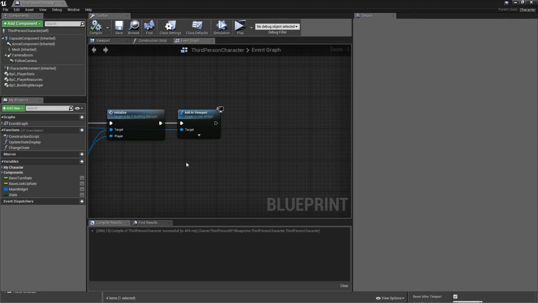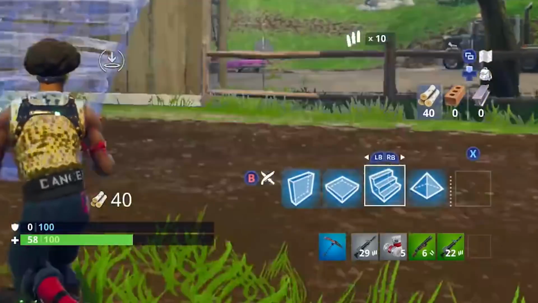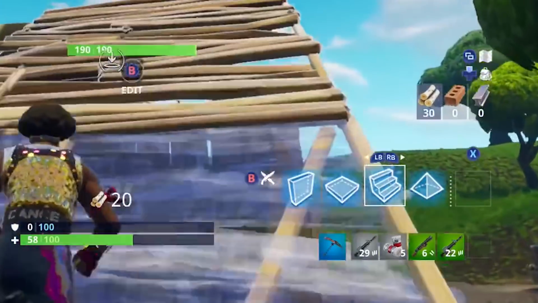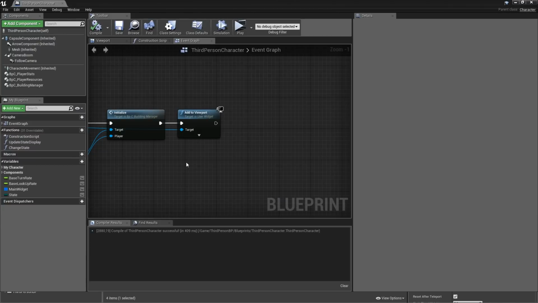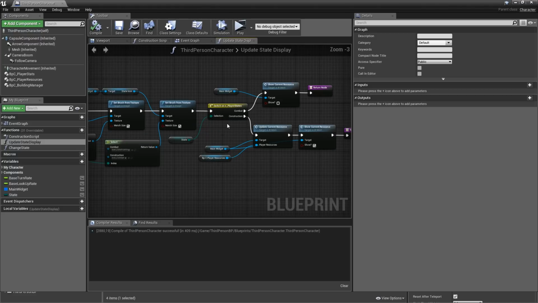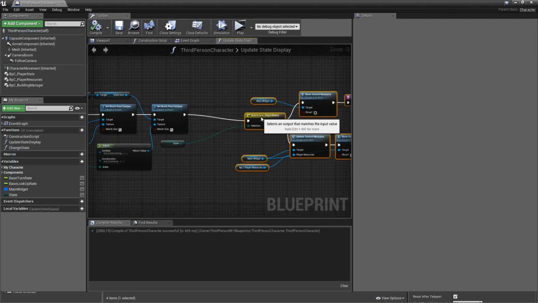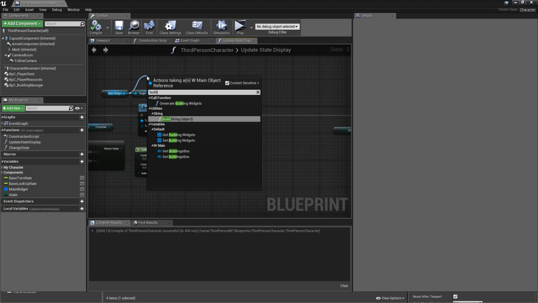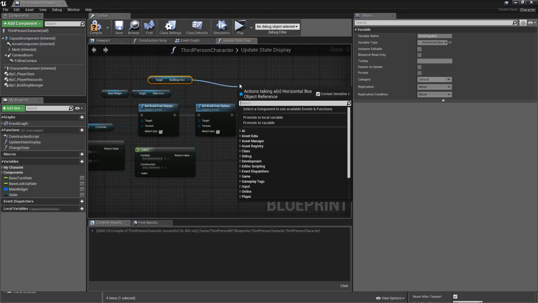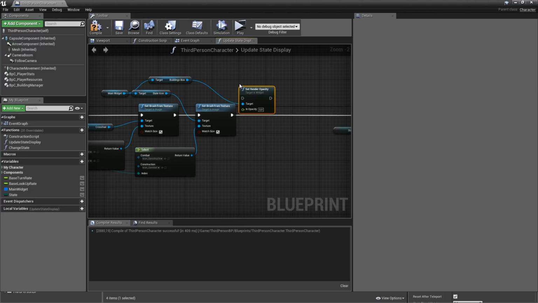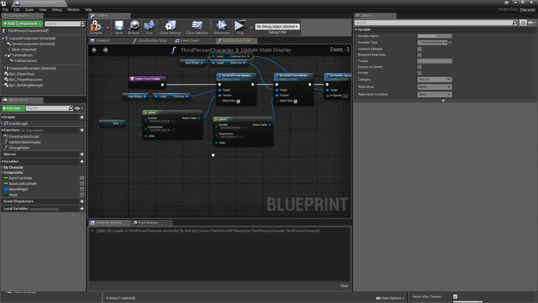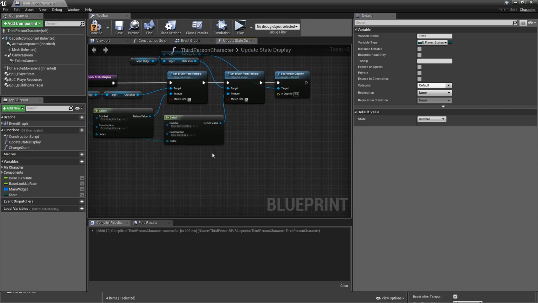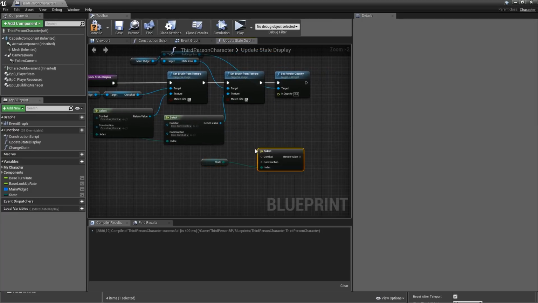Another thing that's done in Fortnite is that the size and opacity of all of the building widgets is reduced when you're not in construction mode. To recreate that, it's very simple with our update state display function. Let's go in there, and right before we go into the switch node, we will add some empty space. Then off of the main widget, get the buildings box, and first off we want to set render opacity. Of course, the value here will change based on the state, so you can copy over our state and select, then move your return value onto the in opacity.